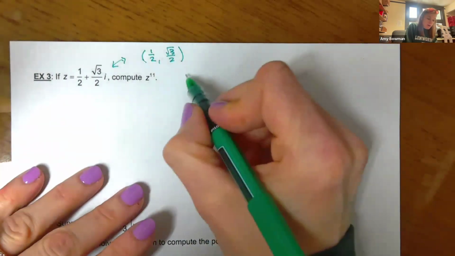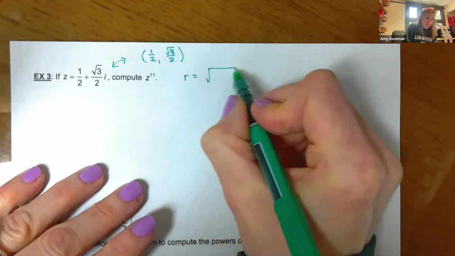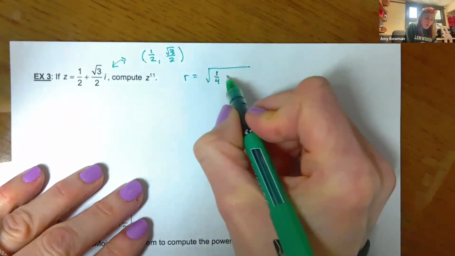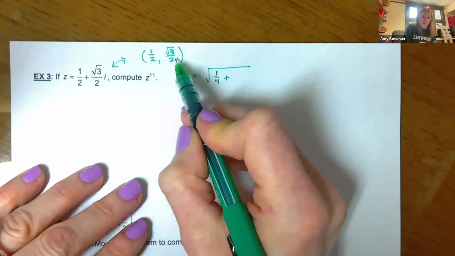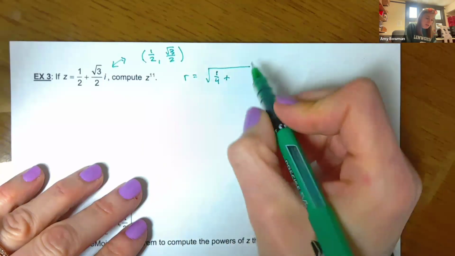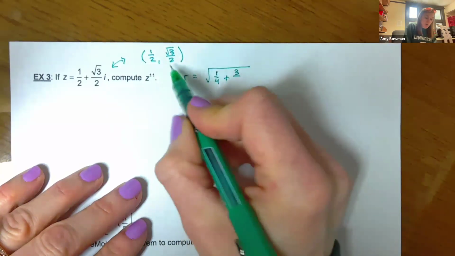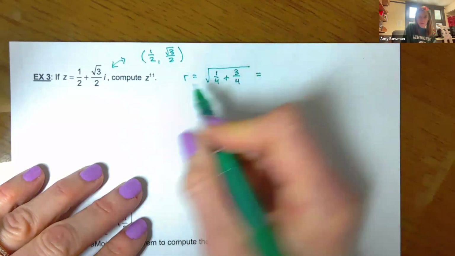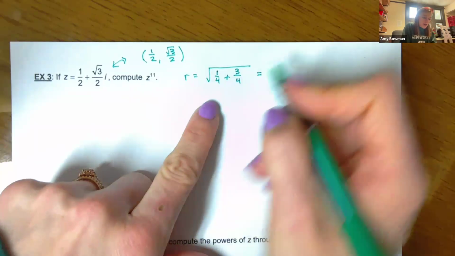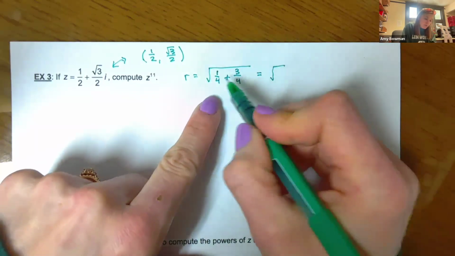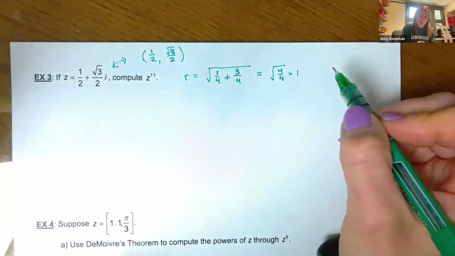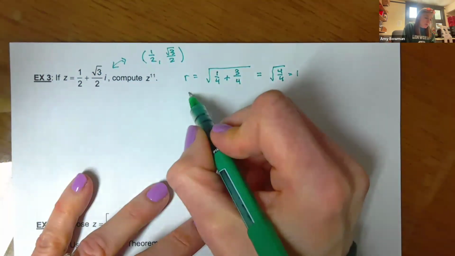All right, so r equals the square root of x squared, so 1/2 squared, which is 1/4, plus y squared. If I'm squaring √3, that's just 3, squaring 2. So at first you might be nervous because we're working with fractions, but it actually works out pretty nicely. 1/4 plus 3/4 is 4/4, and we end up with an r value of just 1. Then we compute theta,